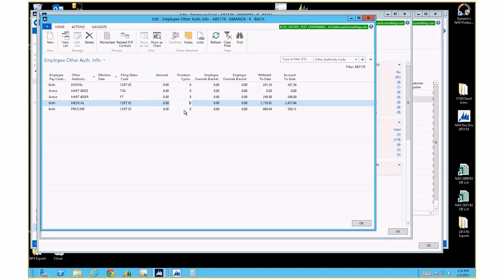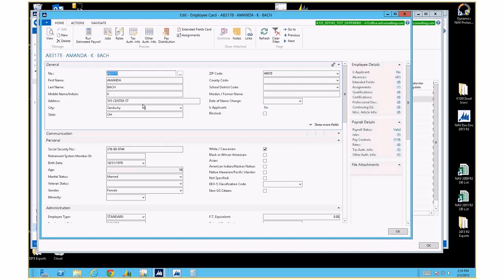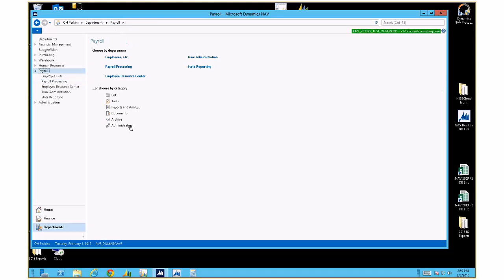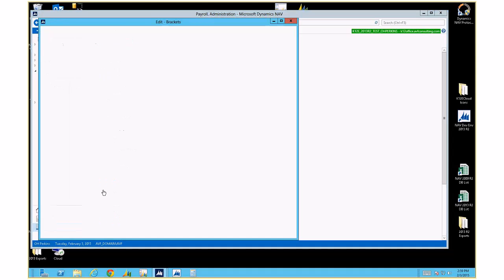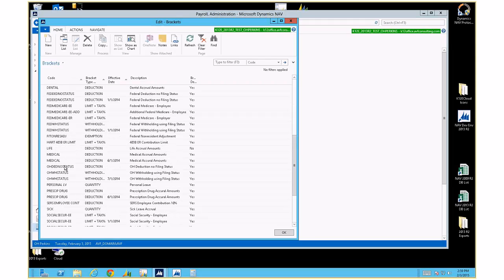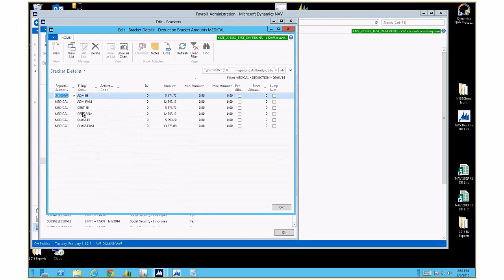So what the system is doing is taking an annual amount. This is cert EE. If we work backwards, going back to our brackets, following scientific methodologies to verify this data is correct, we write down cert EE and we see